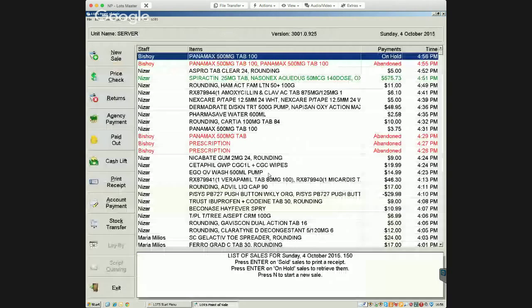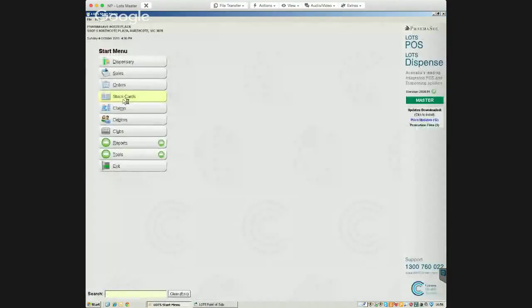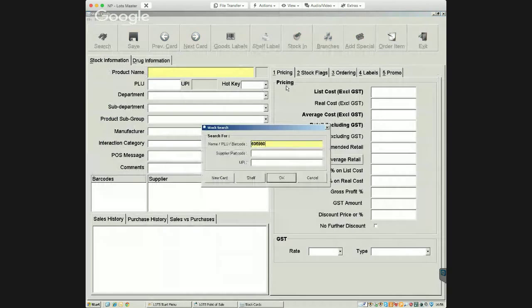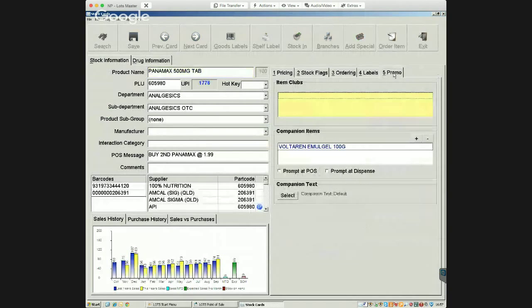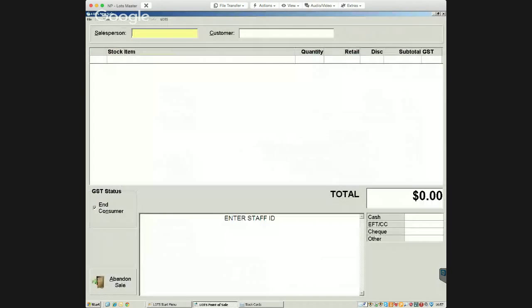allowing yourself to have more control on the products. You can have multiple windows open, so you can have the sales screen whilst also having the stock card screen open. So for this particular webinar, I'm just going to remove that promo message that I was bringing up. The Voltaren Emulgel, I'll show you how this applies. So I'm going to just remove this for the time being. Search. Yes, I want to save. Now, if I want to sell Voltaren Emulgel 100,